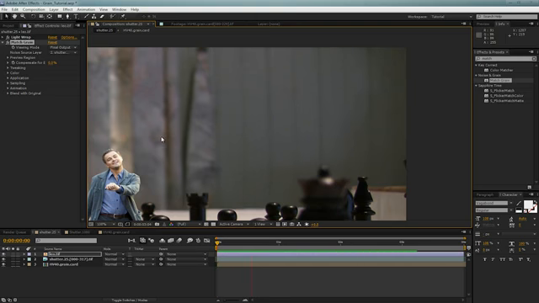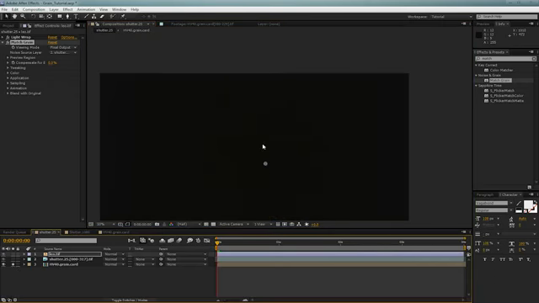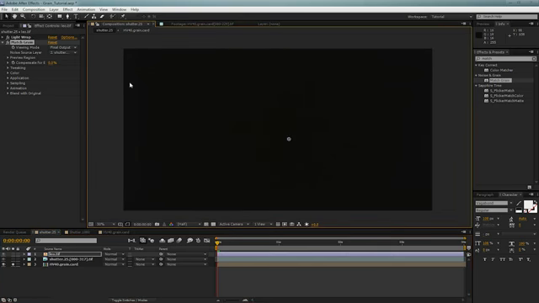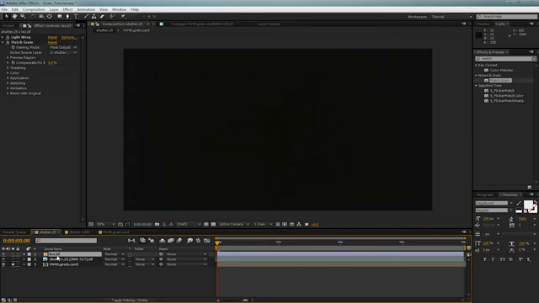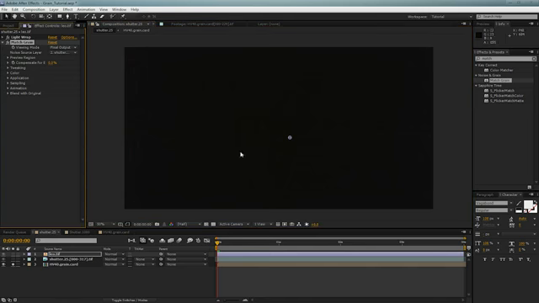But the thing is, with the grain card, if we preview this here, we're getting the same amount of grain everywhere, and that's going to be more accurate for us. Now this match grain, it's not too slow, but it will slow your scene down if you have a complex scene. And if we go to the sampling,